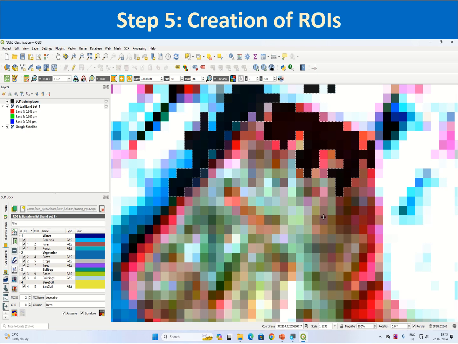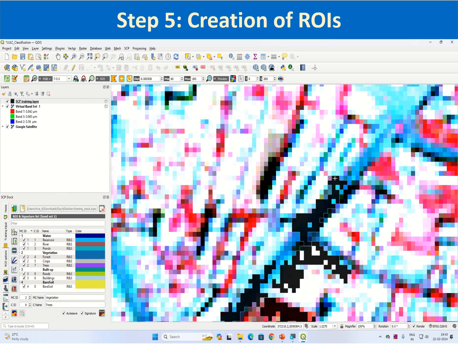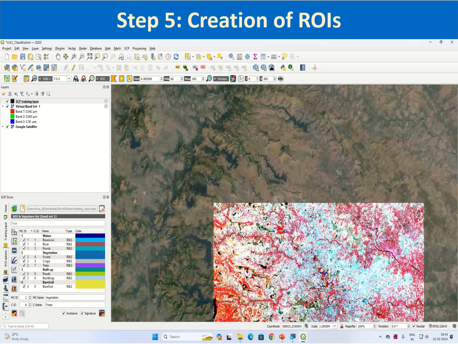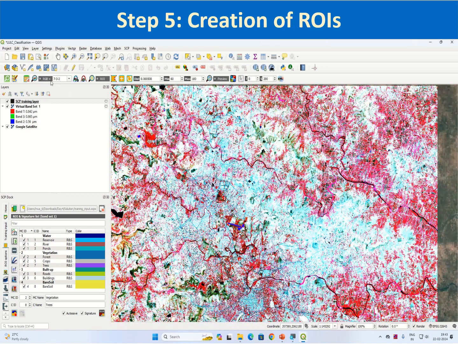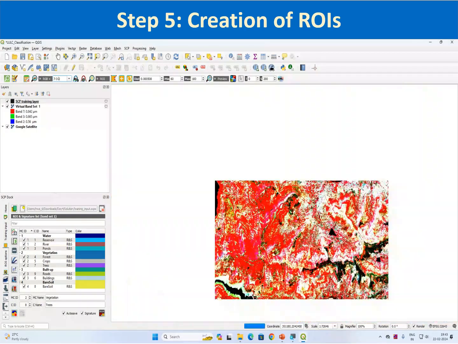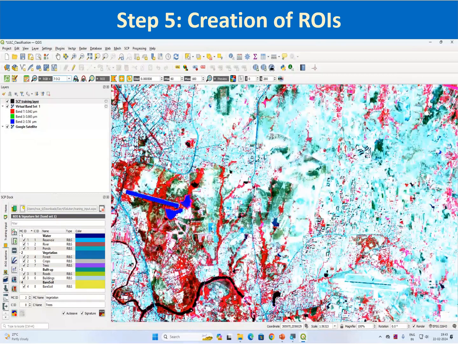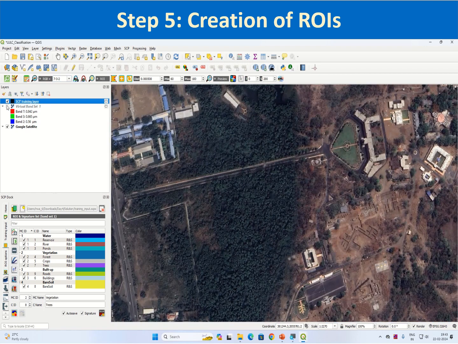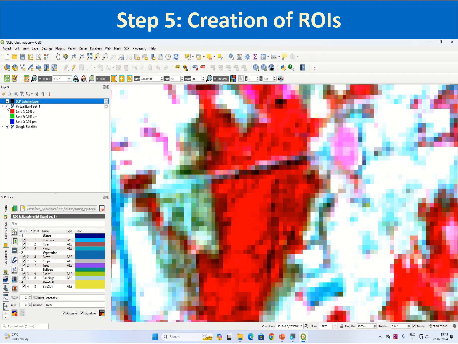We can change these class IDs afterwards. This portion also I will make it as 2 and 7, vegetation and trees, add,